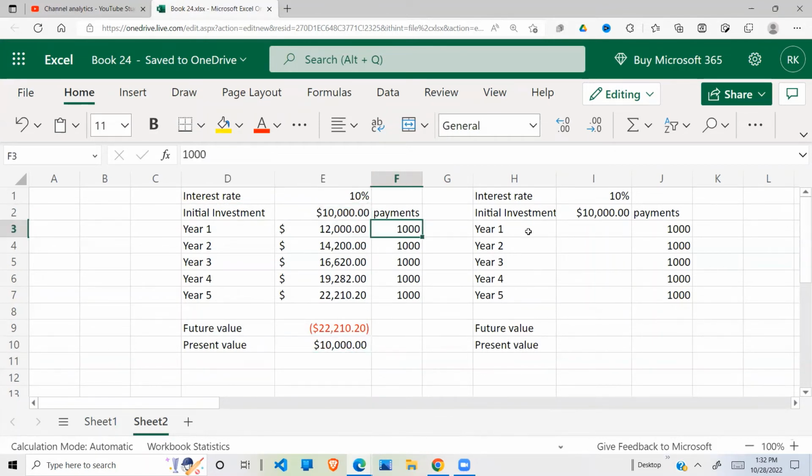Now, in the next example, I'm going to demonstrate where this payment comes in at the beginning of the year. Because it has been there for the full year, it also qualifies for interest to be computed on the 1,000. And in our case, our future value, if the payment is made at the beginning of the year, should be